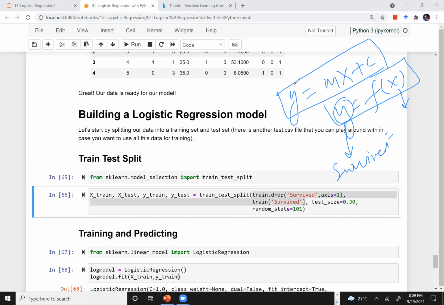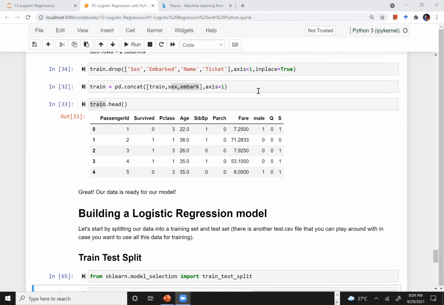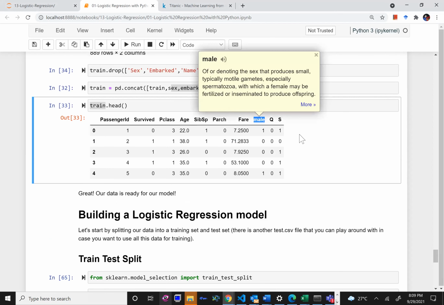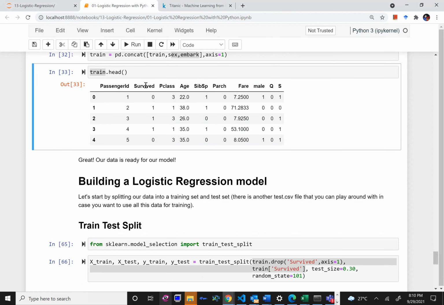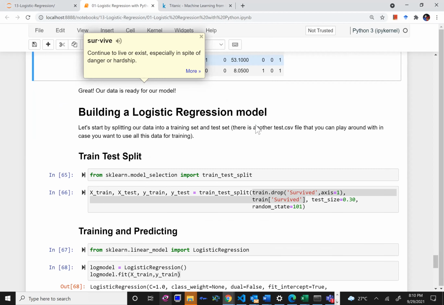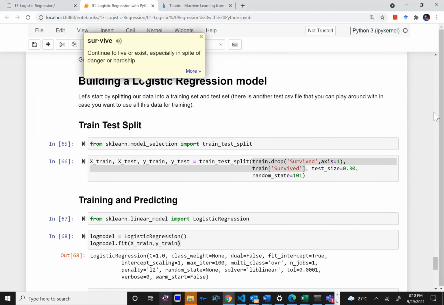So x can be the passenger class, the age, the siblings and spouse, the fare, whether they were male or female, where they embarked from. Based on all these other parameters, I want to predict whether he survived or not. And I am creating the test size to be 30%.